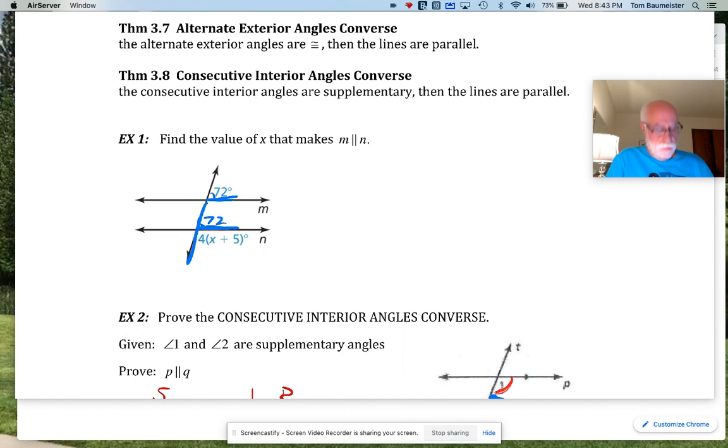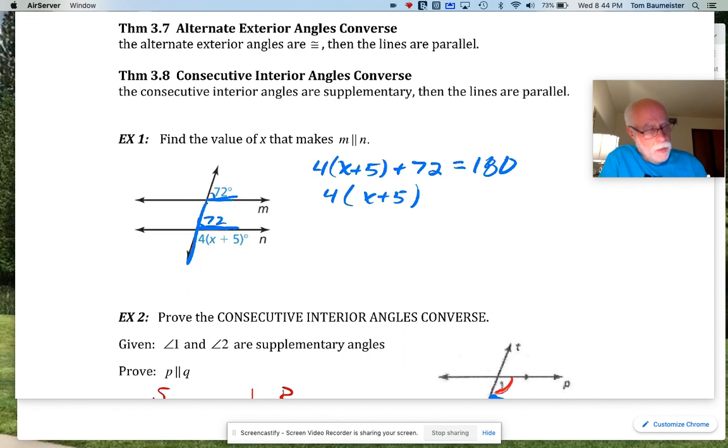And remember, those two now form a linear pair, right? And a linear pair is equal to 180. So we're able to say then that 4 times x plus 5 plus 72 is equal to 180. Now on this one, you can distribute that 4 through the parentheses afterwards. Well, first let's subtract 72, right? So now 4 times x plus 5 is equal to